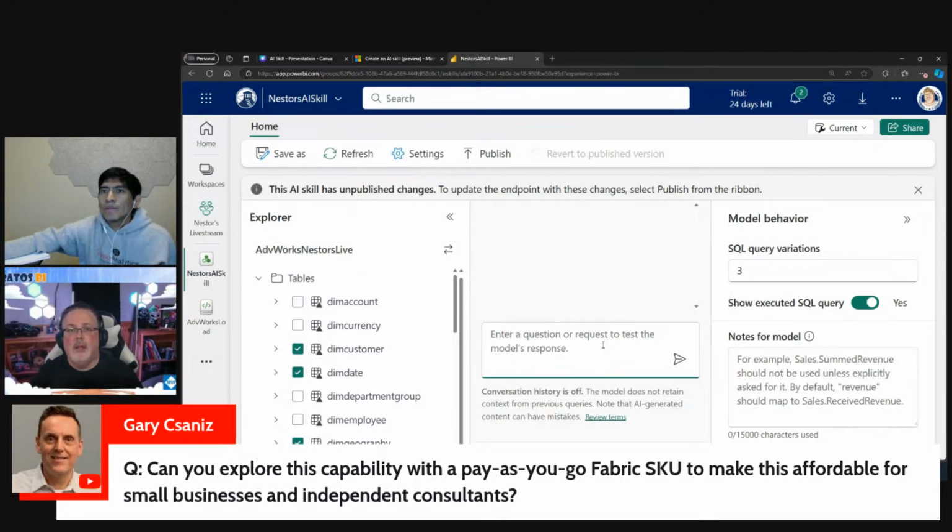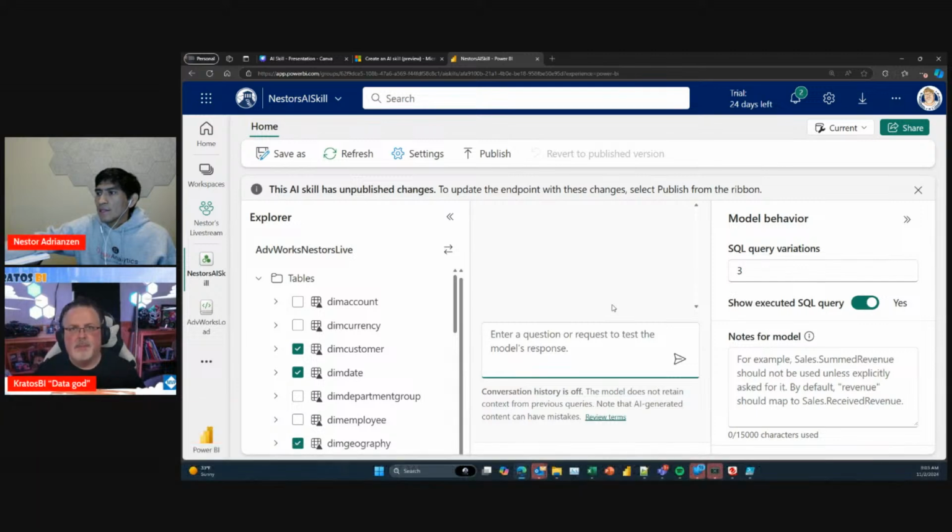Yes, if you're doing a pay-as-you-go Fabric F64 SKU or higher, you can do that. But you have to turn on the F64, run it, and then make sure you turn that off or dial that back. Otherwise, it won't work. Great question, Gary. I know Kevin's doing that.